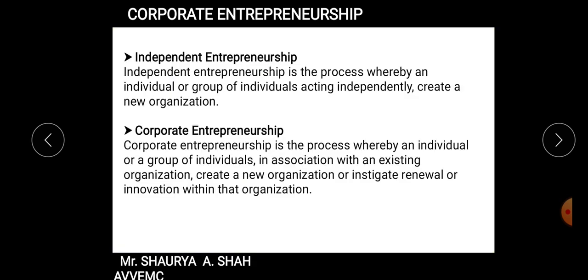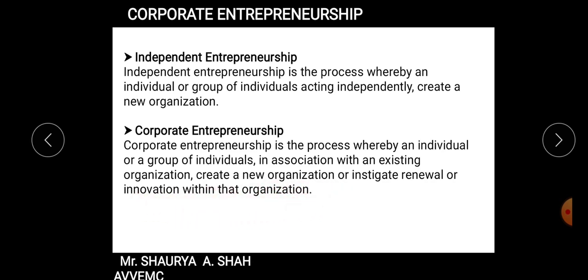What do you mean by independent entrepreneurship, students? Once again, in a very brief way, independent entrepreneurship is the process whereby an individual or group of individuals acting independently create a new organization, right? As we saw, whether it is a small organization or large organization, independently an individual or group of individuals create a completely new organization, fine. The basic difference between independent and corporate is that independent is creating a new organization, corporate entrepreneurship is in an existing